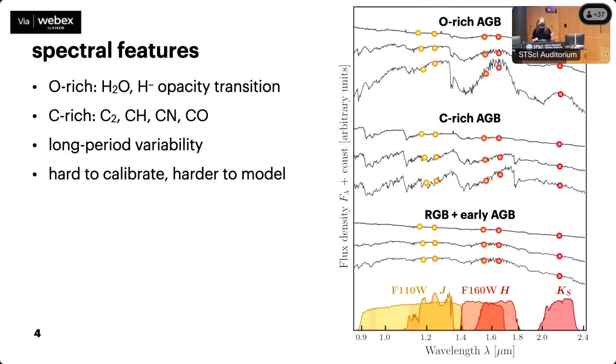They have long period and often multi-periodic variability in amplitudes anywhere from about 1/10 of a mag for the upper RGB to several magnitudes for Miras. And all of which is to say, these are kind of the opposite of standard stars. And even though there's been a lot of really great progress in modeling them recently, what you really want to use if you're going to do synthetic photometry is empirical spectral libraries.